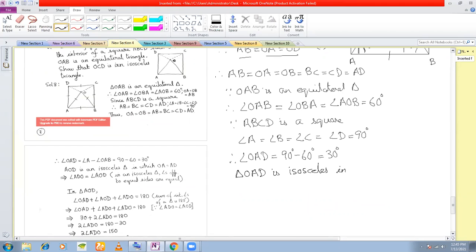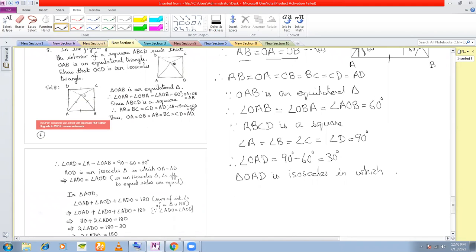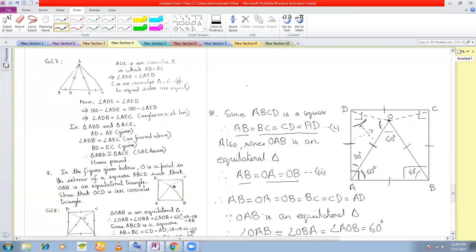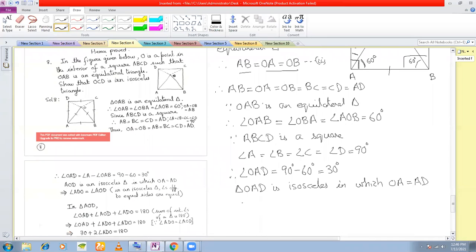In which, which sides are equal? OA and AD. OA is equal to AD. And which two angles are equal? The angles opposite here, this angle and this angle, they are equal. So what are these angles? Angle AOD and ADO. Angle AOD is equal to angle ADO,